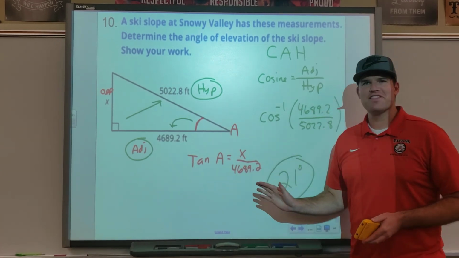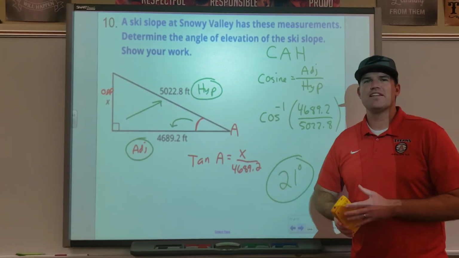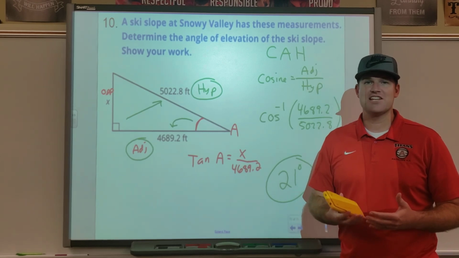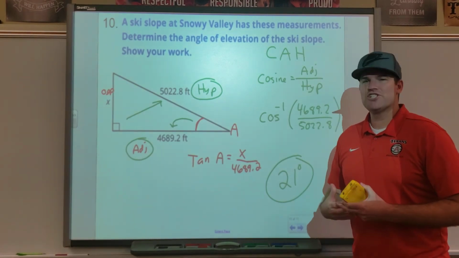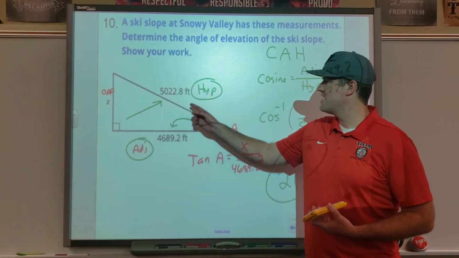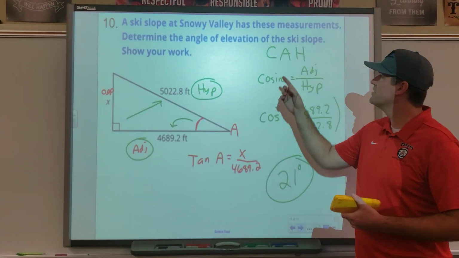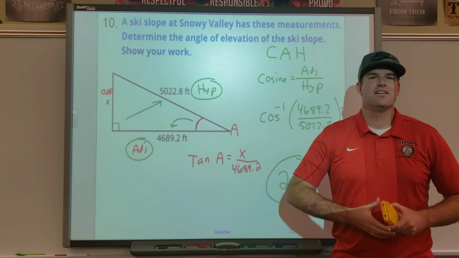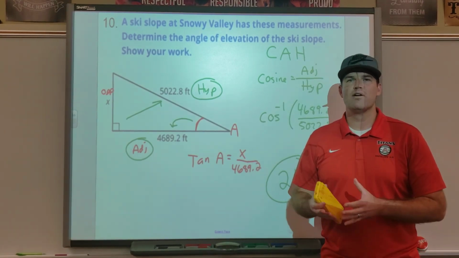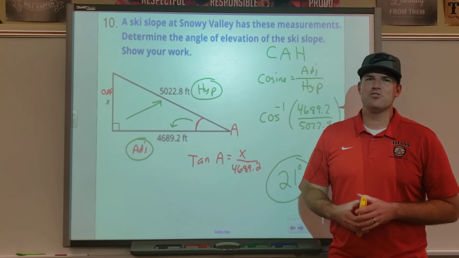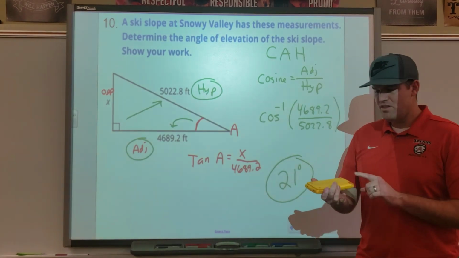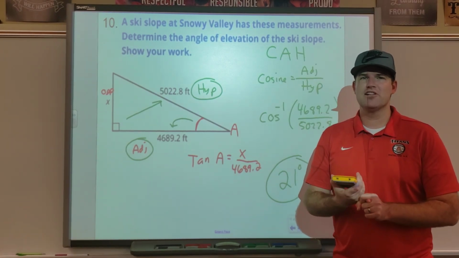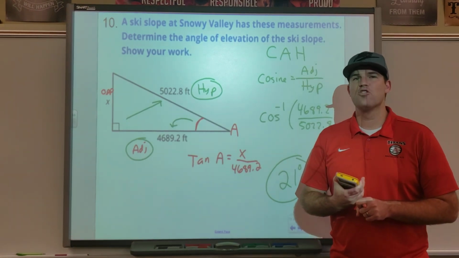All right, hopefully I didn't lose you with that last problem. I put this problem on here to show that just because we did tangent for the lesson doesn't mean that every problem we get will be a tangent problem. It's going to depend on which sides we are given. So if we're given the adjacent and the hypotenuse, we are no longer going to use tangent, we're going to use cosine. If we were given the opposite and the hypotenuse, we would use sine. And that's what we'll be doing tomorrow, is figuring out which one would be the correct trig function to use and then do the calculations. But for today, if we have opposite and adjacent, if we're finding a side length, you use regular tangent. But if you're finding an angle measure, you use